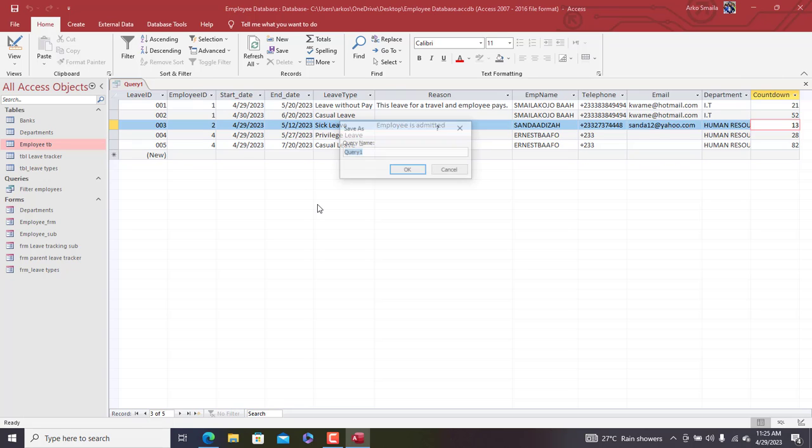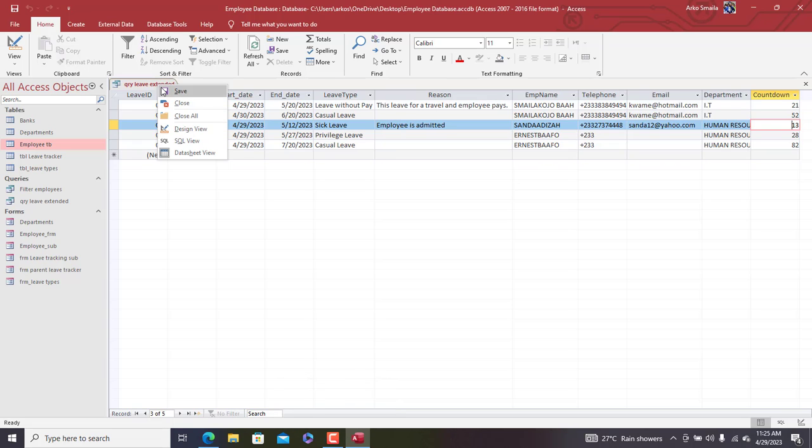So now Control S to save. So we say qryLeaveExtended. Okay, so here let's save it. All right, so now that we have this particular query, which is going to be a basis for most of our reports and then our subform,